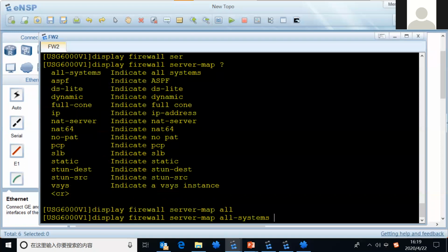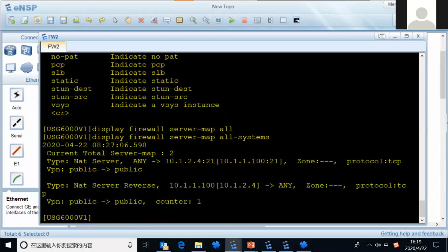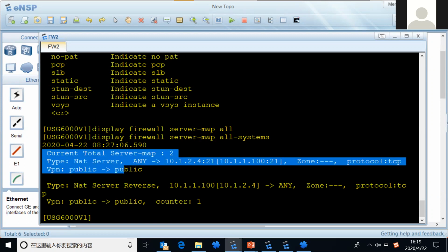Okay, this comes to our server map, because we said that our NAT server can create a server map. Yes, NAT server can create a server map. So in the NAT server, there were two server maps. Okay, two server maps. The first is the